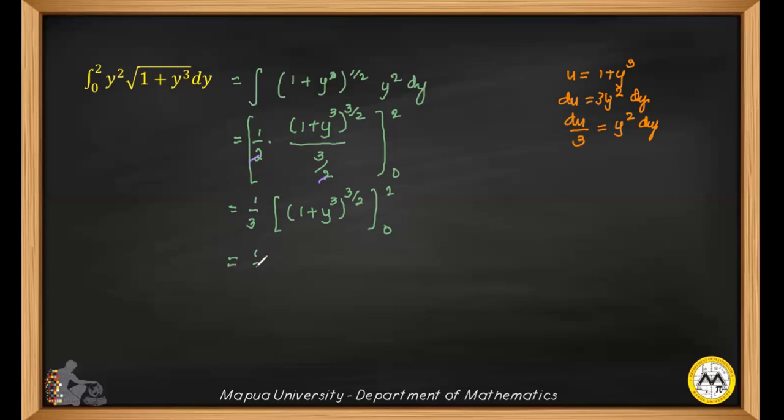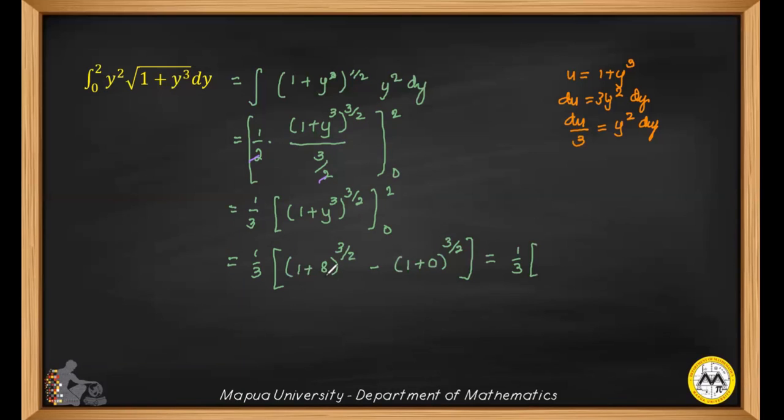So this gives us 1/3 times, when y is equal to 2, then we will have (1 plus 2 raised to the third power) raised to 3 over 2, minus the value of the indefinite integral at the lower limit 0. So that gives us (1 plus 0) raised to 3 over 2. Hence we will have 1/3 times